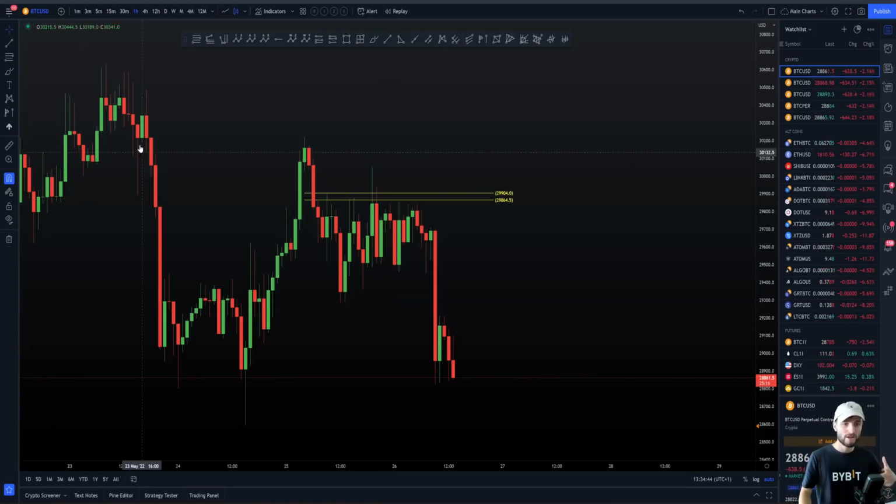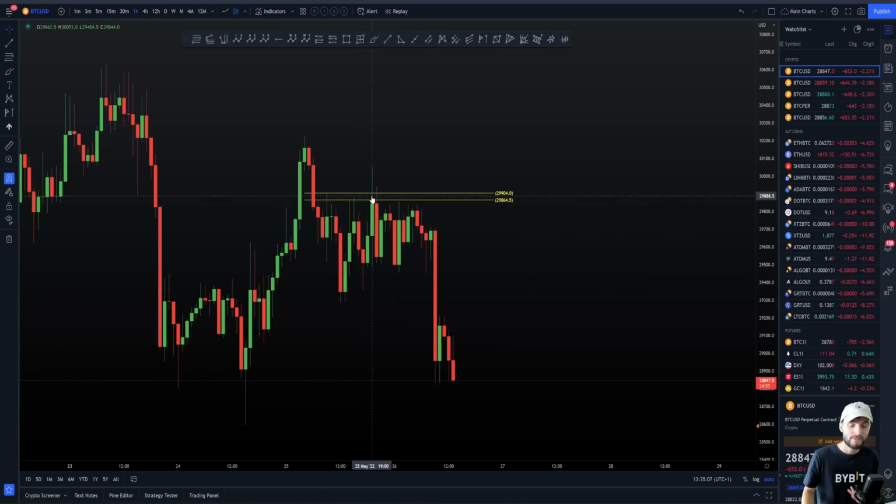30-second recap of Bitcoin. Obviously it rejected off the value area high, came down to the value area low. As you all know, I took a long off that value area low. We got our bounce, and it rejected off of the value area high. Obviously, this was for me a major take profit too at that moment in time, as well as a hedge short position. We obviously got the pullback to the POC, and we were looking at this scenario yesterday of